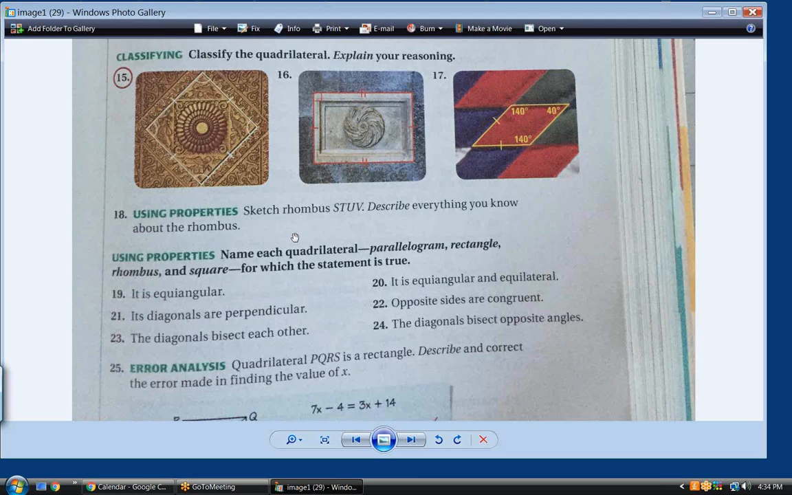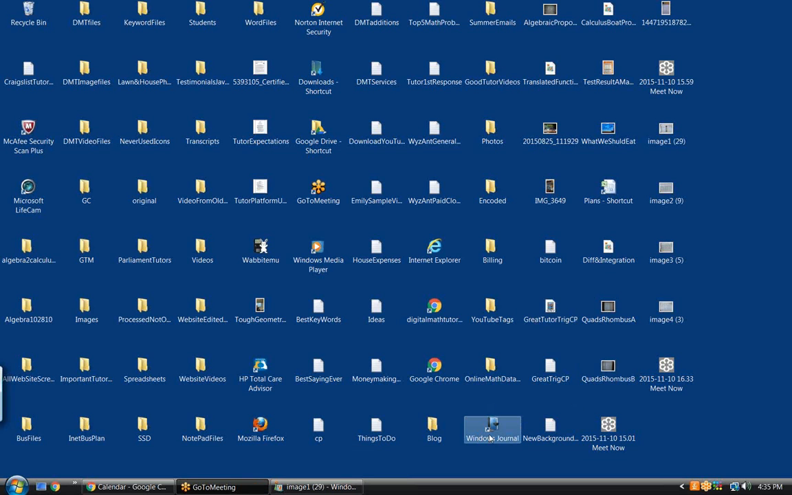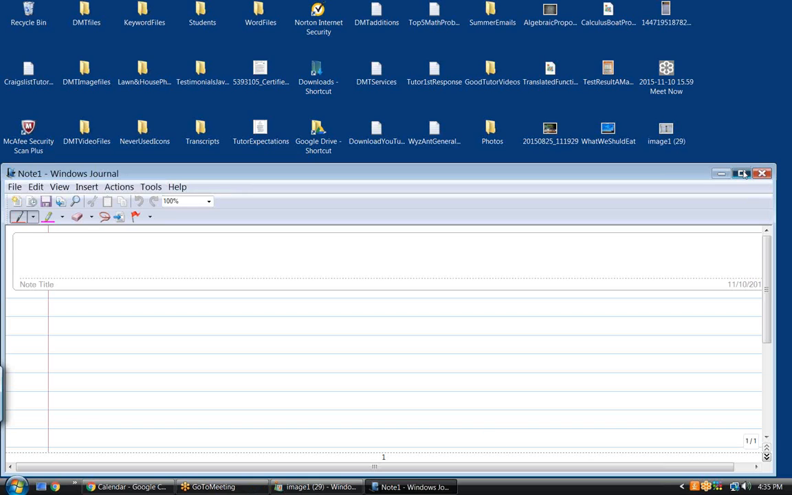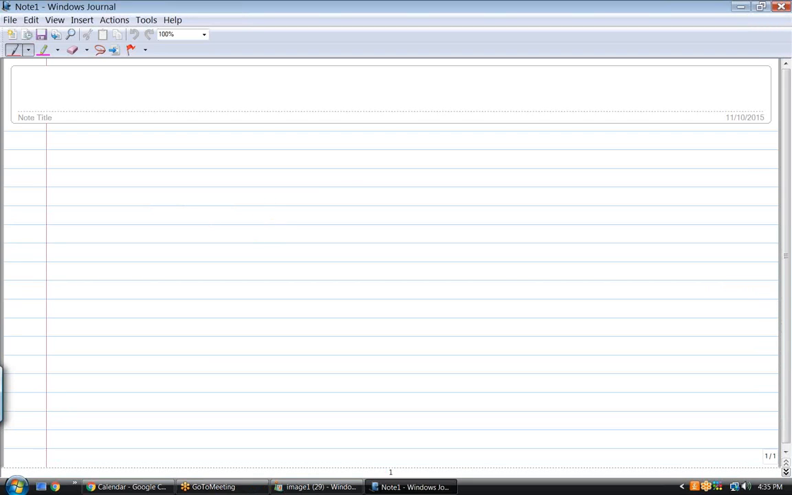How about 16? That looks like a rectangle. And 17? Is that a rhombus? Yeah. The definition of a rhombus is 4 equal sides, and they only tell us that that's equal to that. But the other thing about a rhombus is that the opposite angles are equal and the diagonals make a perpendicular line. So as long as I have 4 equal sides,